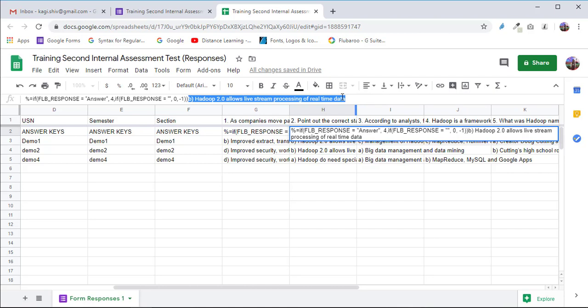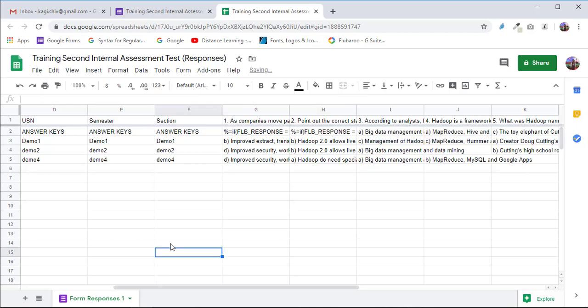That is the problem. For all the 30 questions or 20 questions, we need to perform this task. So I will do Control X. In the place of answer, I will paste this right answer. So the second question is done. Then I will go to the third question.